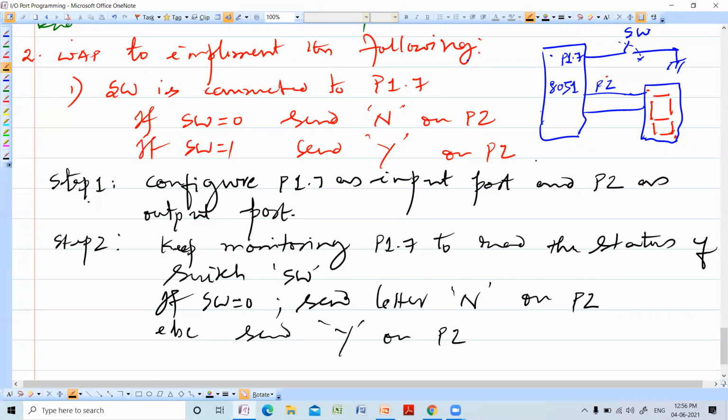So here, please understand the very important point. Between the 7-segment display and P2, there will be a device connected. So I will rewrite that diagram if you want. Between the 7-segment display and P2, see this is your P2, there is a device called a 7-segment decoder driver.